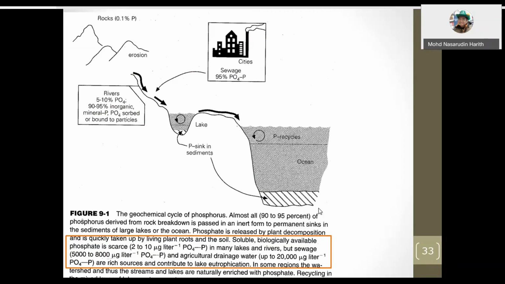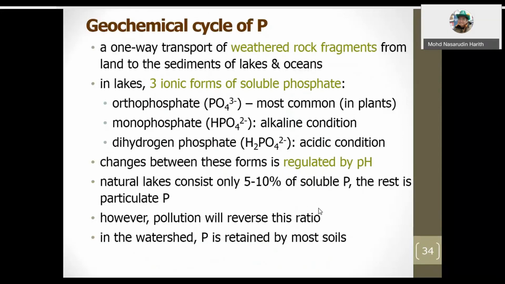phosphate is scarce in many lakes and rivers, but sewage and agricultural drainage water are very rich sources and contribute to lake eutrophication. In some regions, the watershed, and thus the streams and lakes, are naturally enriched with phosphate. Recycling in the mixed layer of lakes and the ocean is a major source of summer phosphate. The geochemical cycle of phosphorus is a one-way transport of weathered rock fragments from land to the sediments of lakes